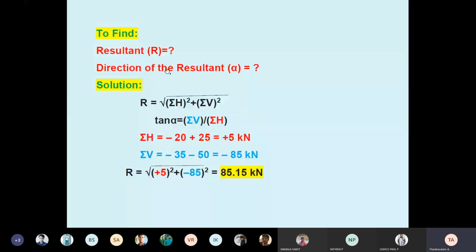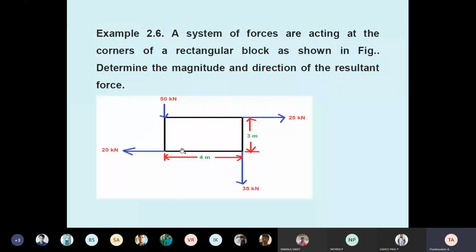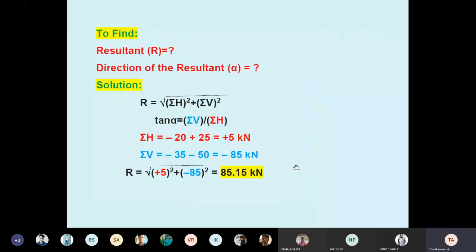So you have to write given data, result to find. Given data, they mention everything in this diagram. If they mention everything, it is easy. If they did not mention, we have to draw the diagram and write the statement. So four forces are given. The resultant formula: R equal to square root of summation of H square plus summation of V square. What is summation of H? Summation of H means all horizontal forces.